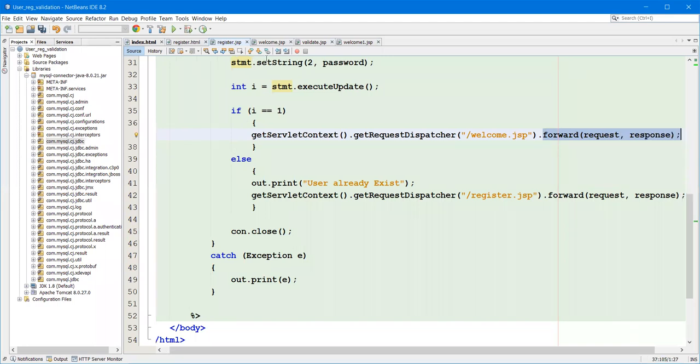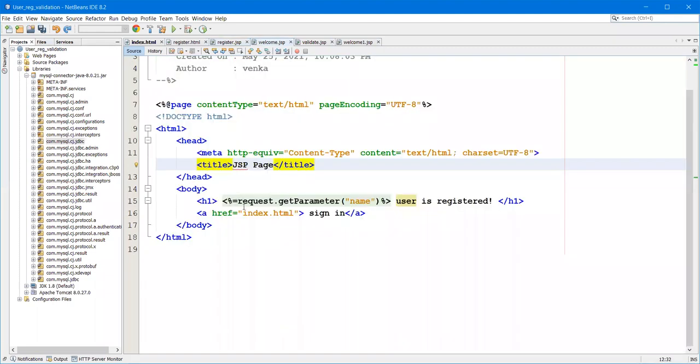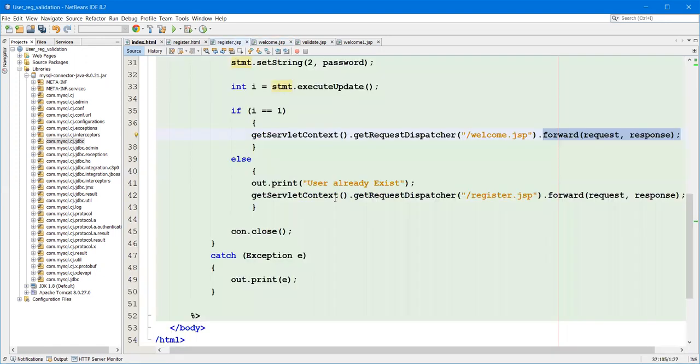So let us see this welcome.jsp. In this welcome.jsp, whatever username we have given, it prints a message like, admin username Venki user is registered. It simply prints some message, and again we create a hyperlink to go back to the sign in page. If there is some error and the values are not inserted, then it will revert.